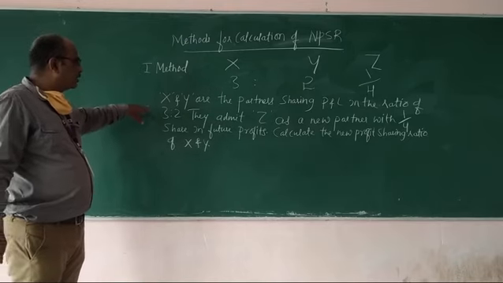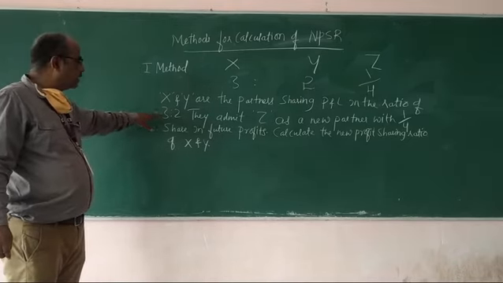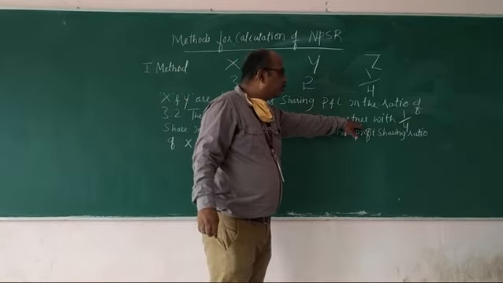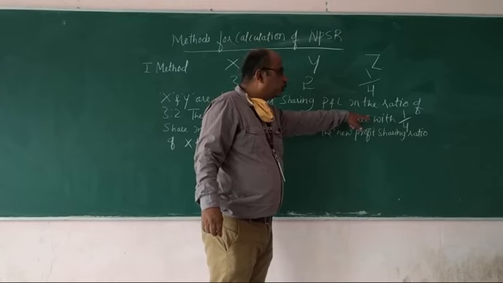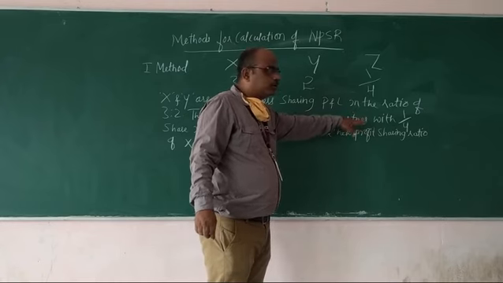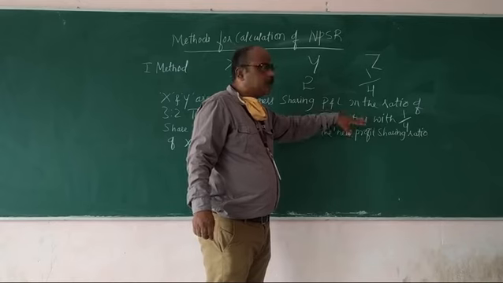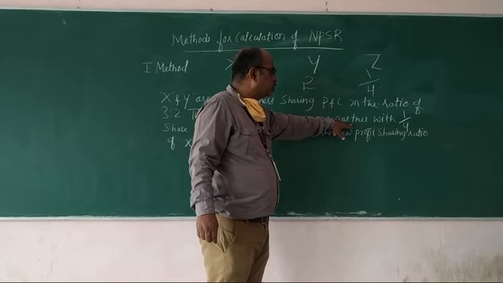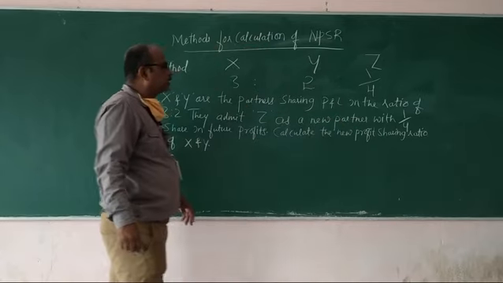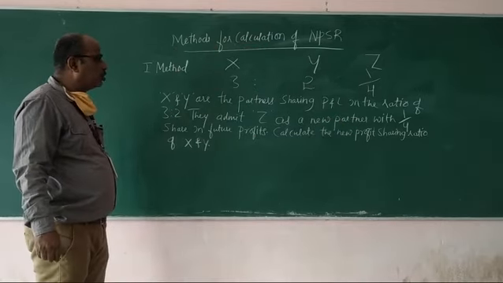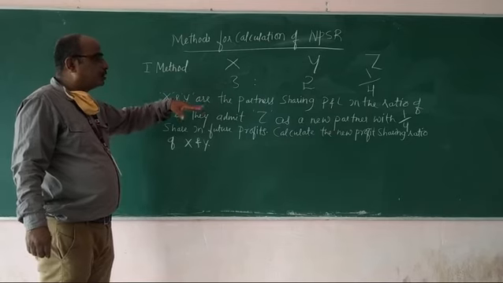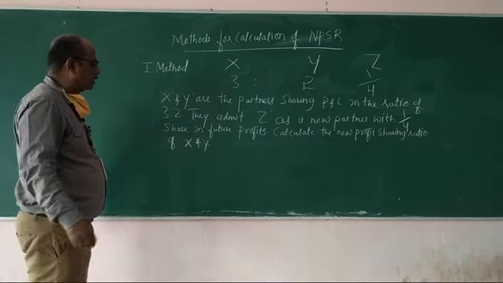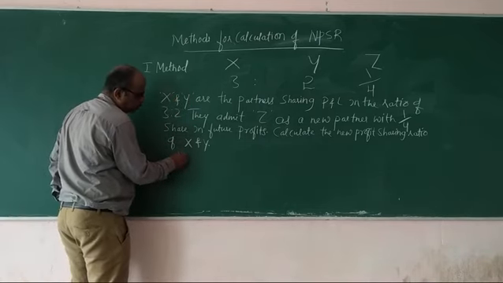So in this question, the old profit sharing ratio of X and Y is given, and along with that, the share which has to be given to the new partner, that is 1/4, is given. But here it is not mentioned specifically as to how the new partner obtains it. So in this case, always profit is equivalent to 1, and out of 1, the new partner has to be given this share by the old partners. So let us see the solution here.